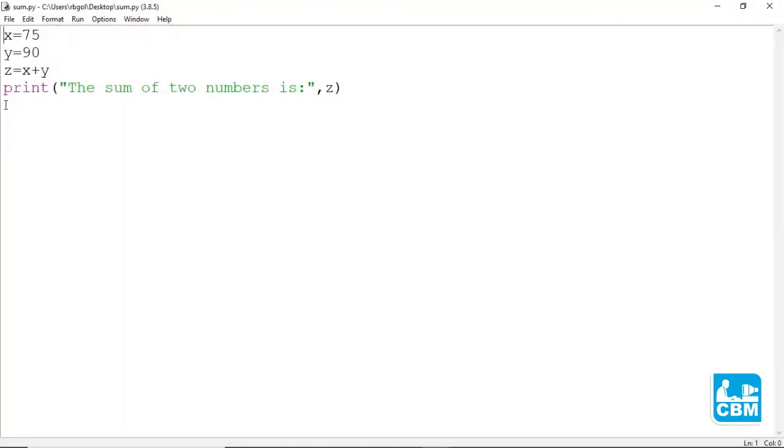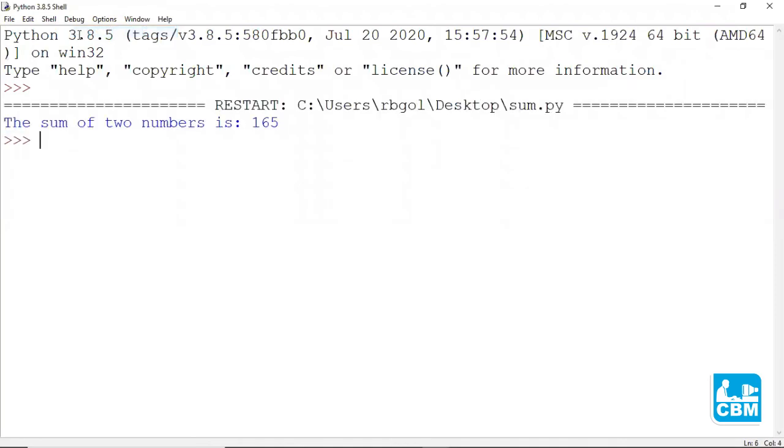This Python program is used to perform addition of two numbers and display the output on the output screen. So let's see how we can run it. Go to Run and click on Run module. Now the addition of the two numbers 95 and 70 has been successfully displayed on our output screen.